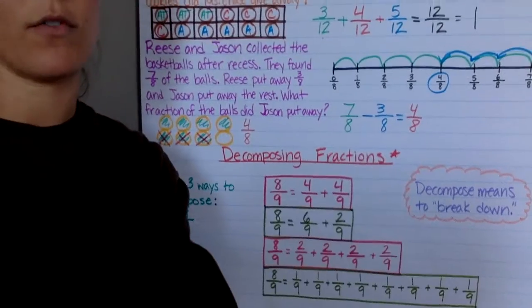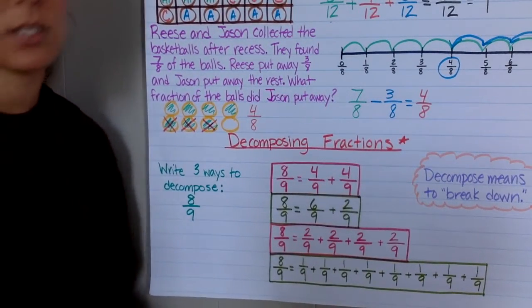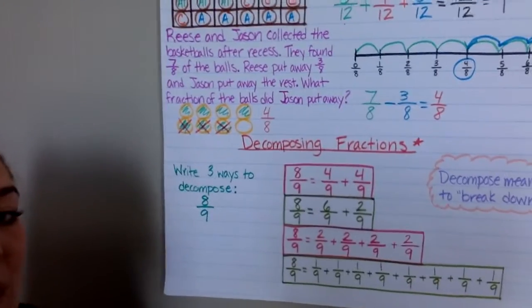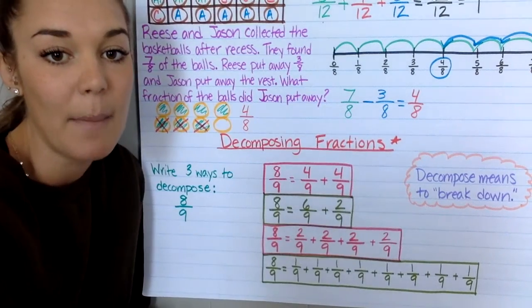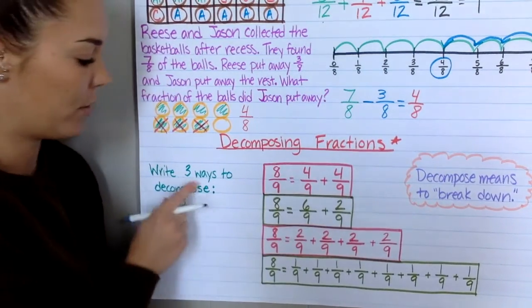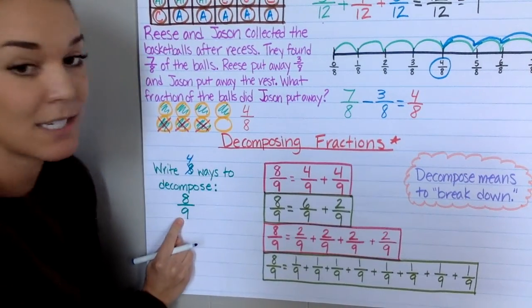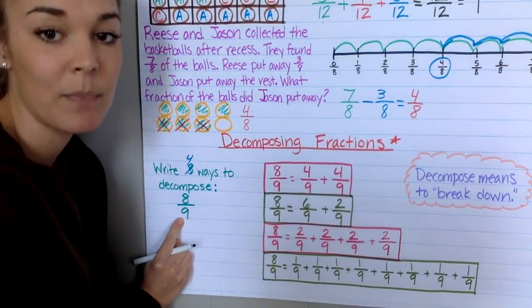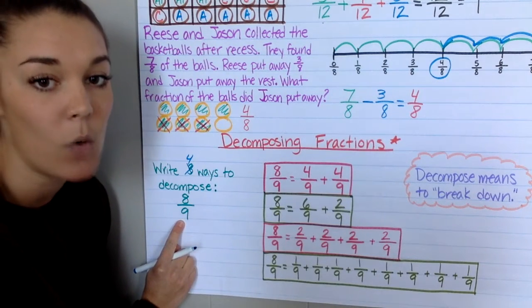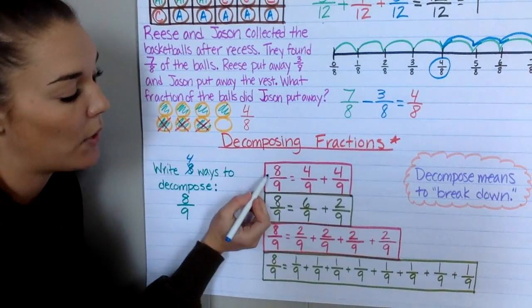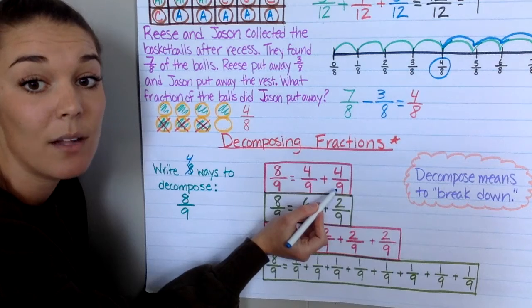The last thing I want to go over on this is called decomposing fractions, okay? So when you decompose fractions, it means you're breaking them down, okay? You're breaking them apart. So for example, this should be 4. So write 4 ways to decompose 8/9. So all you have to do is say what fractions can add up to equal 8/9. So for example, 8/9 could equal 4/9 plus 4/9